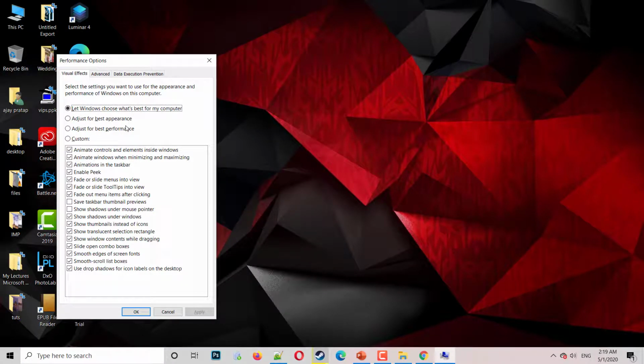I'm using whatever comes by default, but you can adjust for best performance. It will remove the look and feel and make the movements and graphics of the system a bit more normal than what Windows 10 suggests.